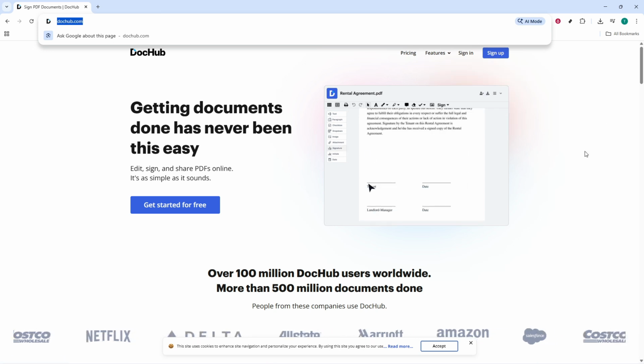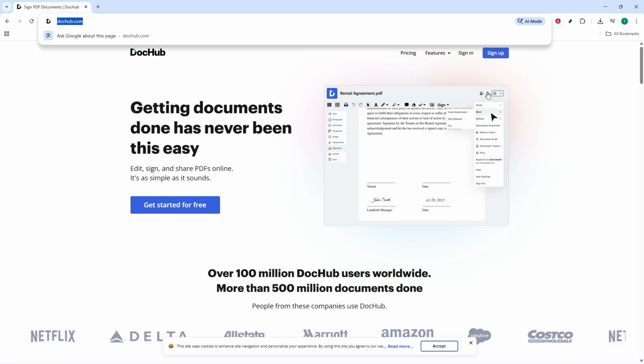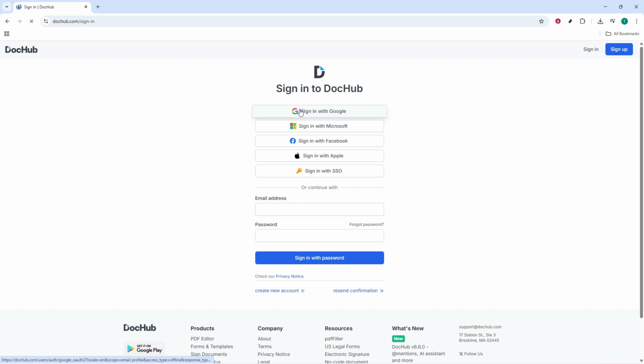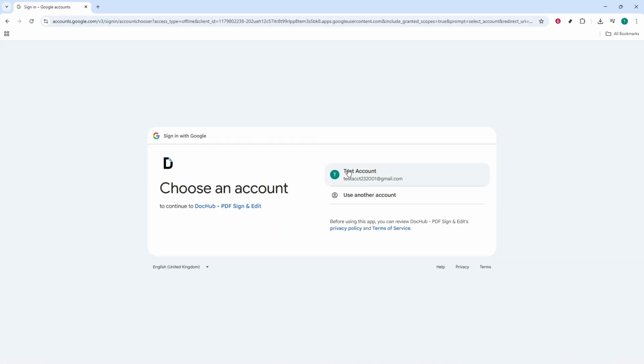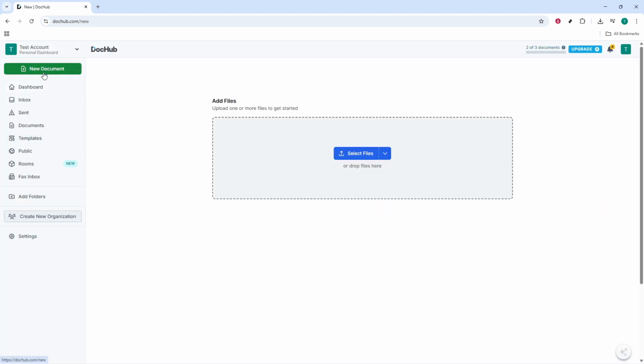First, head over to DocHub and sign in. Once you're in, open the file you want to edit. You can click it from your My Documents list if it's already there, upload a new file from your computer using New and then Upload File, or import from Google Drive, Dropbox, a URL, or even from Gmail. As soon as you select your file, it will open in the DocHub editor, and you'll see the editing tools